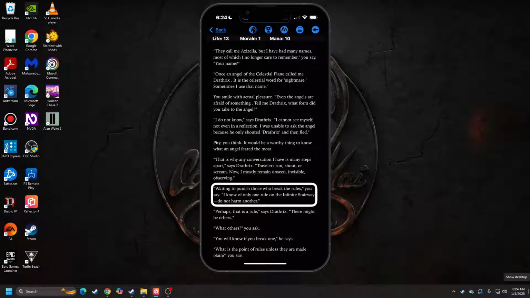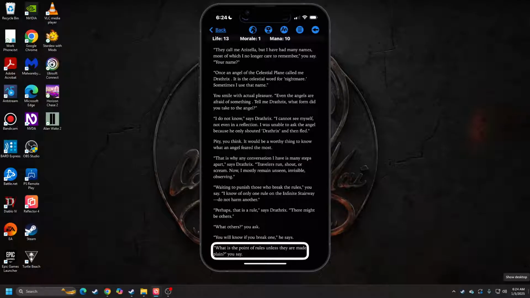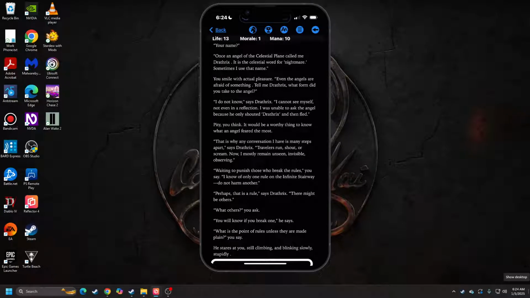Waiting to punish those who break the rules, you say. I know of only one rule on the infinite stairway, do not harm another. Perhaps that is a rule, says Drafrix. There might be others. What others? You ask. You will know if you break one, he says. What is the point of rules unless they are made plain? You say, he stares at you, still climbing, and